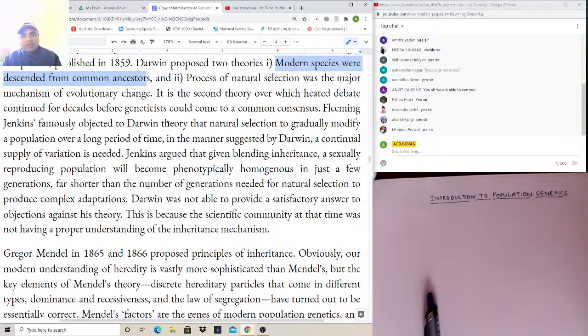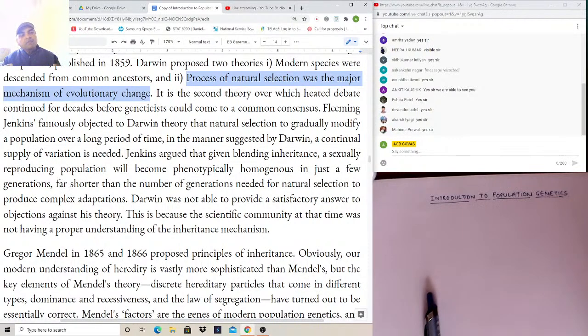That is, they cannot naturally reproduce between them. Okay, so this is the first theory Darwin has proposed. Then, the second theory Darwin proposed was that the process of natural selection was the major mechanism of evolutionary change. Okay, so for him, it is natural selection which is actually causing the evolutionary changes, and